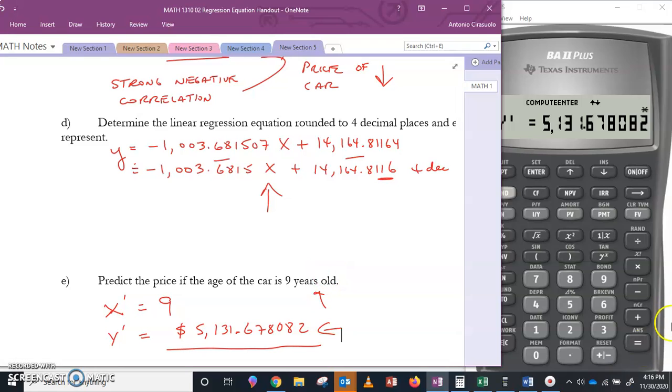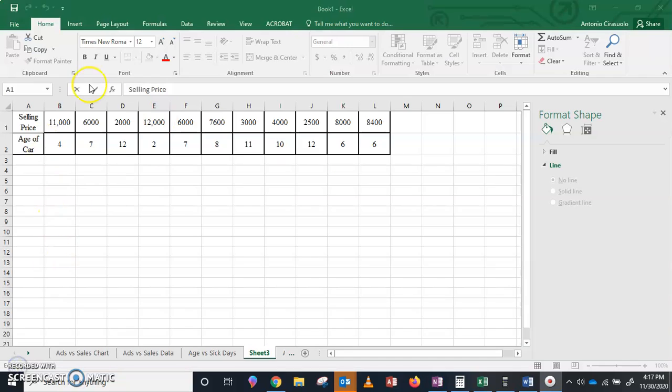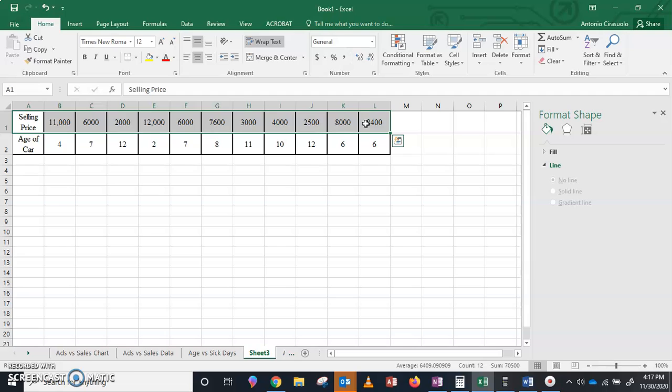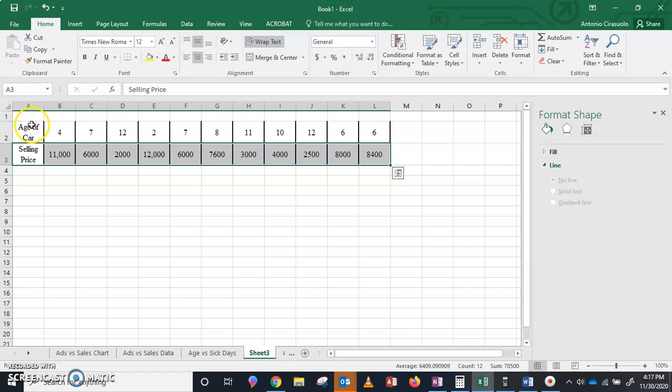Now, let's go back to our data set, and let's put that into Excel, and let's just see how this corresponds with the chart. So here's our data set, and once again, I'm going to put the x on top so that Excel is not thinking for me. Control X, and I'm going to put that down here. So the age of the car is first. That's going to make it independent, putting it along the x-axis, and then the price of the car will go along the y-axis. Select your data,